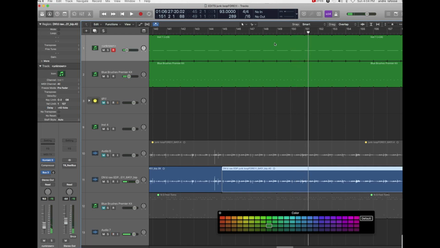Okay, so from 145 to about 150, and that's a section. This is a little different from previous regions we've